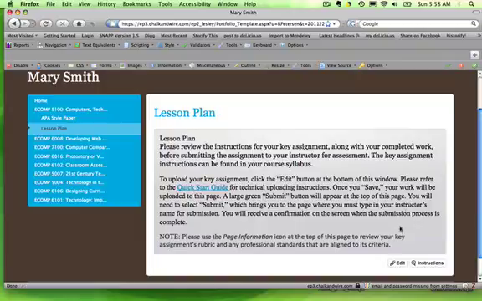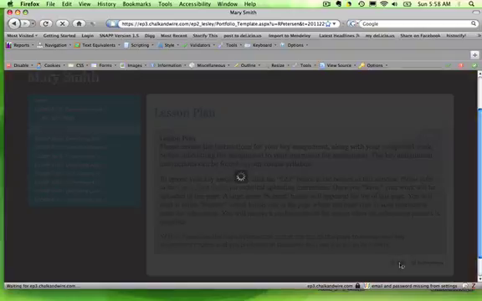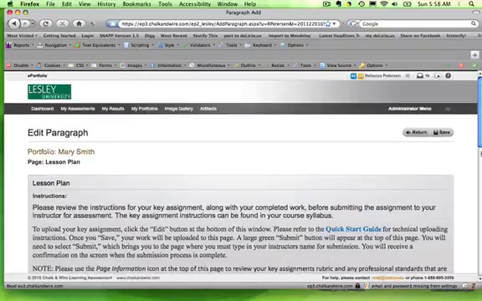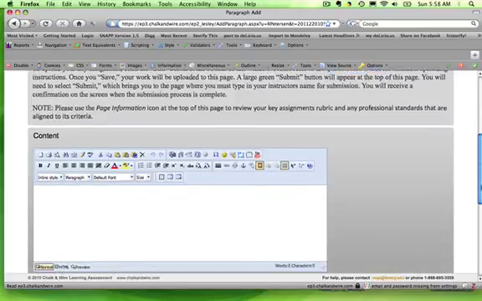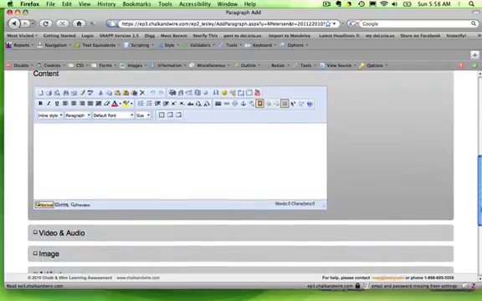To get started with your submission, click the Edit button. You immediately are brought to the Edit screen. As you scroll down the page, you have a few options. The first option is Content. This is information you can cut and paste from another document, or you can type in on the screen. In this case, I'm going to leave a note saying, attached is my